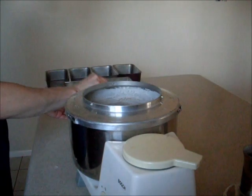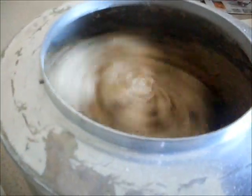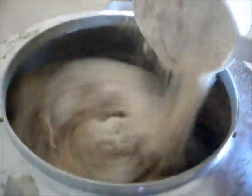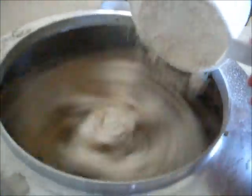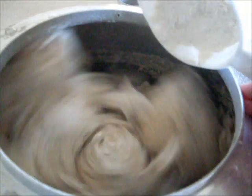If you have a stand mixer like a KitchenAid, you'll need to work with the dough with a heavy-duty spatula so that you can get all of the flour off the bottom and on the sides of the bowl and let it get mixed into the rest of the dough. You may have to work with it the full 10 minutes to make sure that you don't get any flour